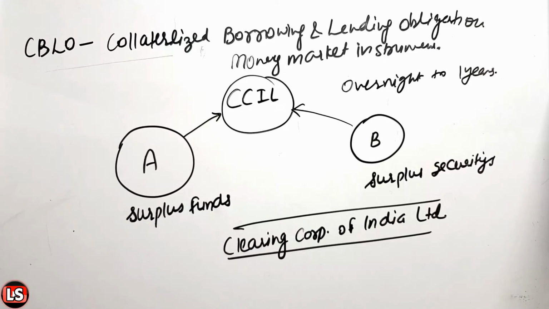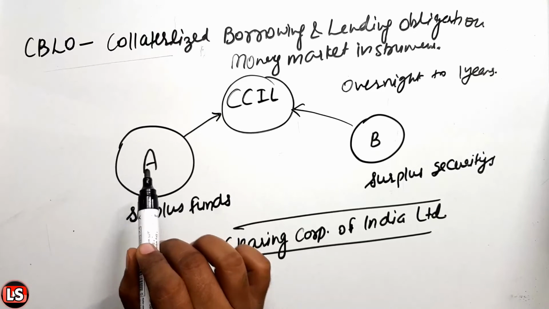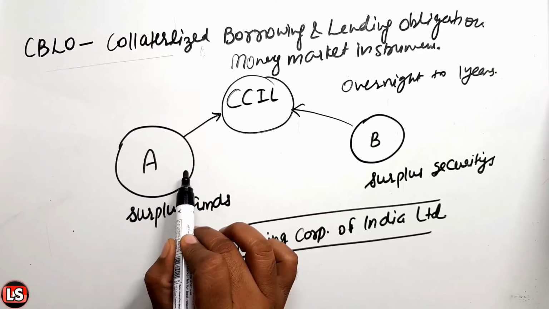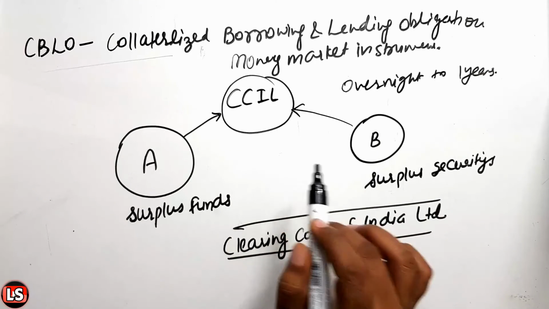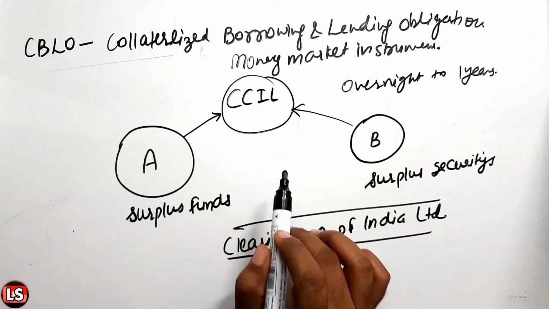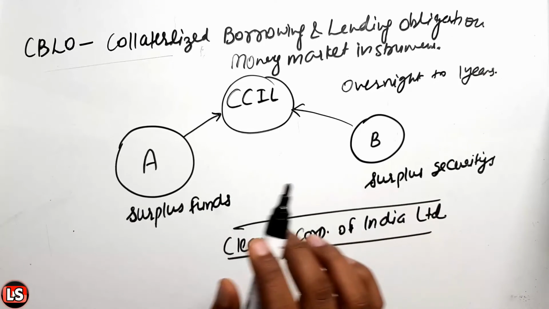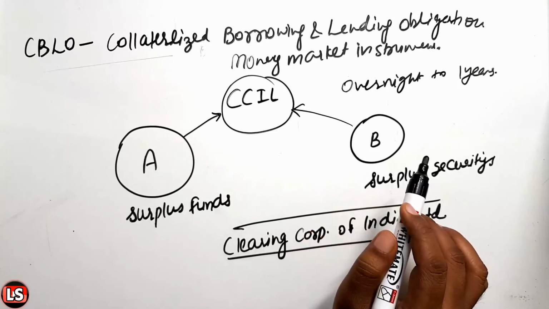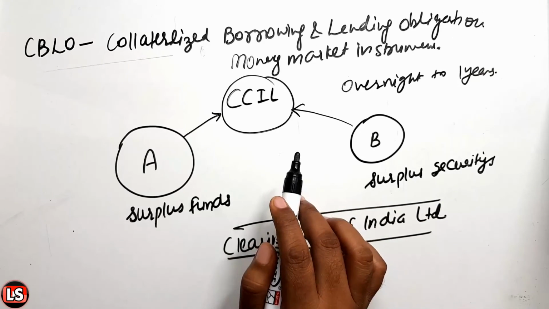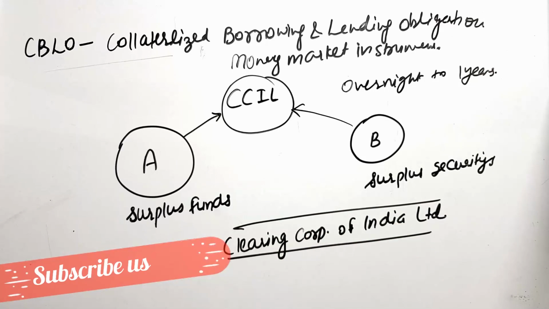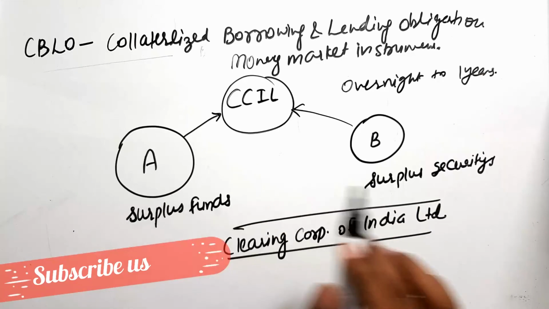depending upon the requirements. And the participants that we mentioned here as A and B can be commercial banks, PDs, that are primary dealers, insurance companies, mutual funds, financial institutes, and NBFCs, that is non-banking financial companies. So what is important to know about CBLO is that identity is not disclosed by the CCIL, and the other thing is that these lendings are backed by the